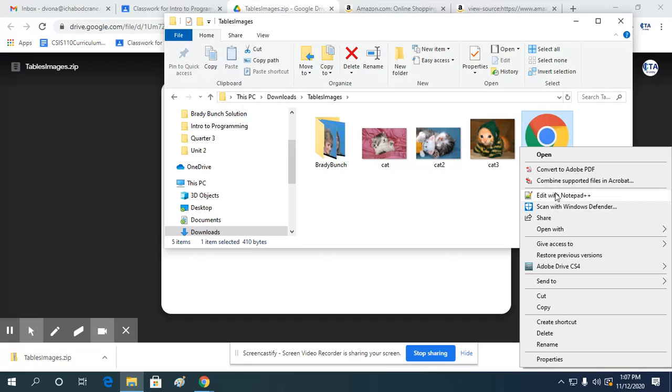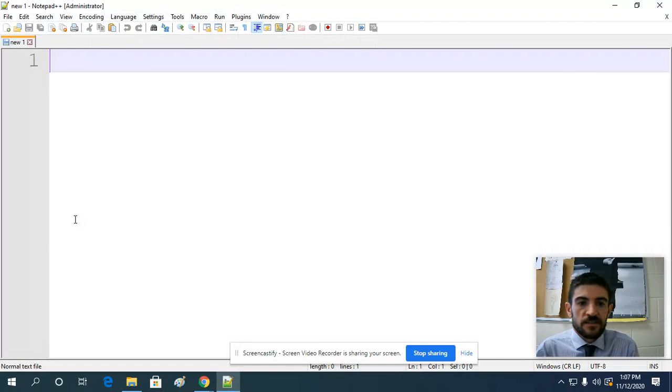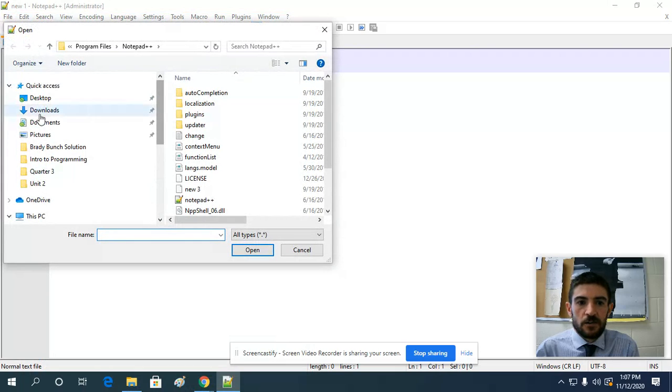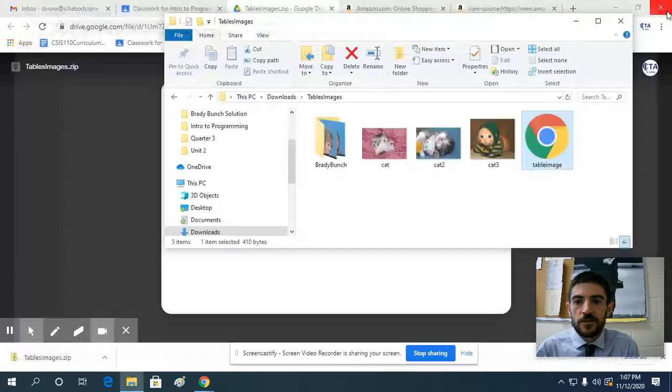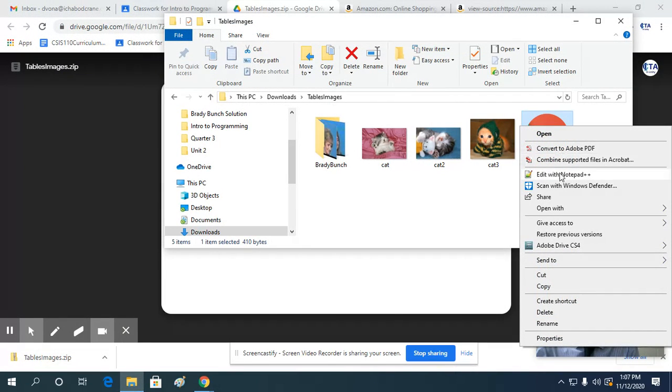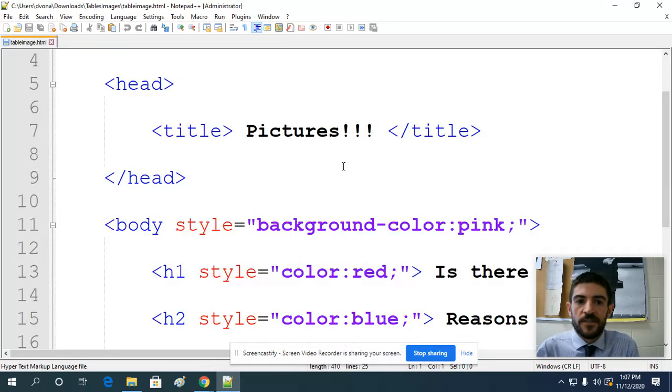with Notepad++. All right. If for whatever reason that's not there, you can always just open Notepad++ and then open the file. Let me just show you that quick. I could open Notepad++, File, Open, and then go to that downloads folder and open it that way. But you should just have an Edit with Notepad++ option, and that'll bring up the code that we want